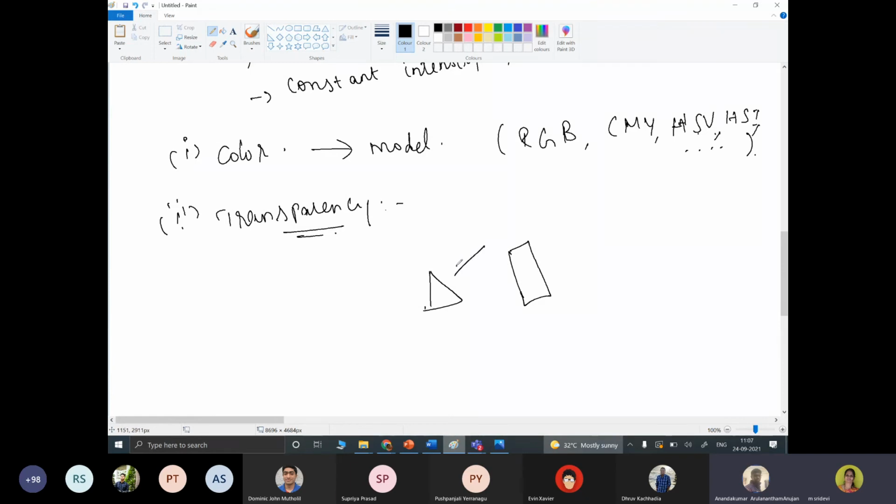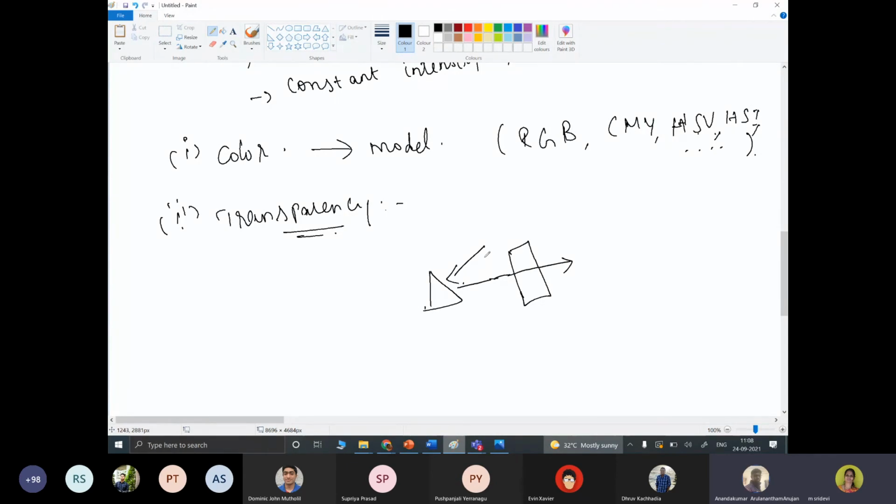The light is incident on the object and it is reflecting, and it can bypass and move out of it because it's a transparent object. So when it comes here, what kind of colors we are going to produce and all that we need to consider.